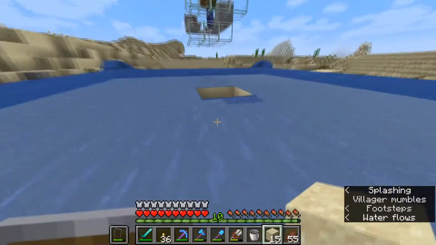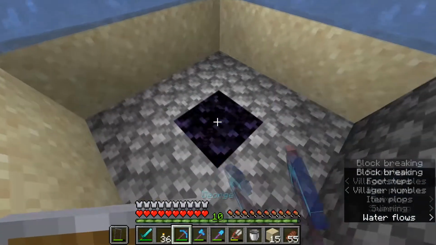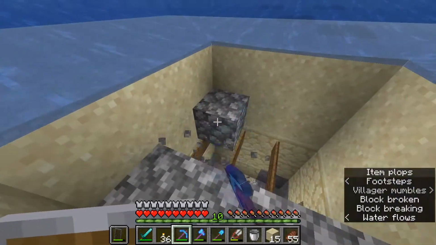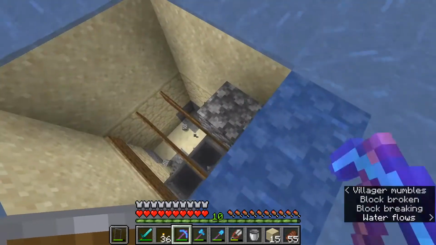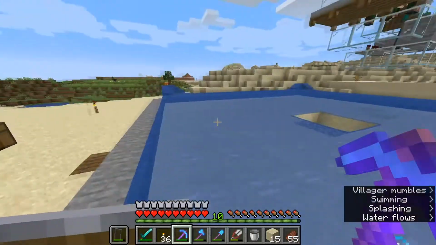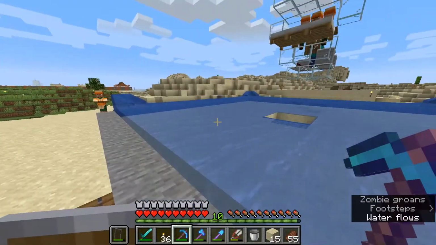But what we're going to have to do now is go get ourselves another bucket of lava to place in here to replace the one that we actually broke. So let's go ahead and get rid of all this cobblestone like so, and we can go ahead and remove this one as well. Now we're going to go get ourselves a lava bucket, and we're also going to grab ourselves hopefully a little bit more iron as well,